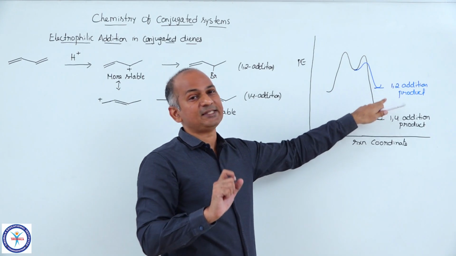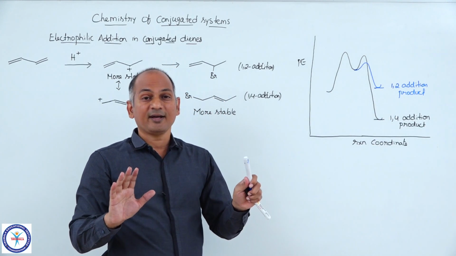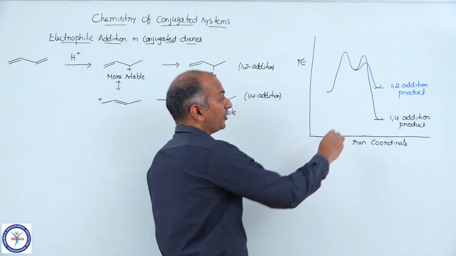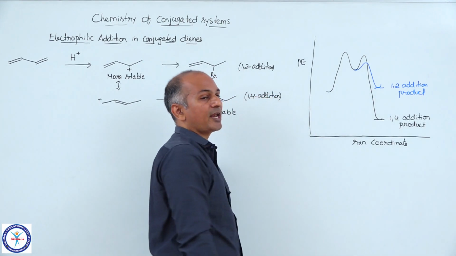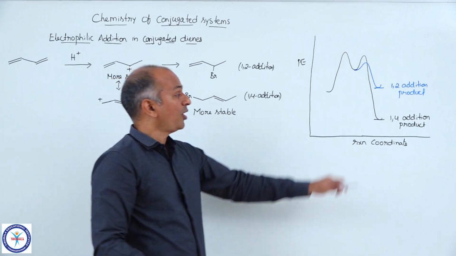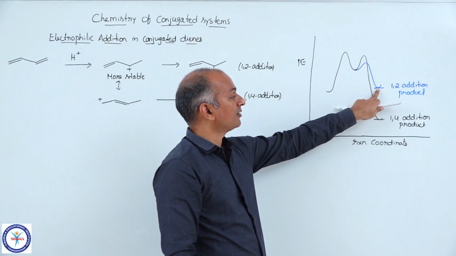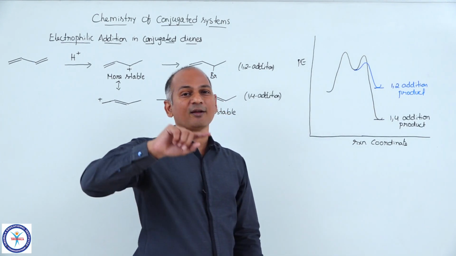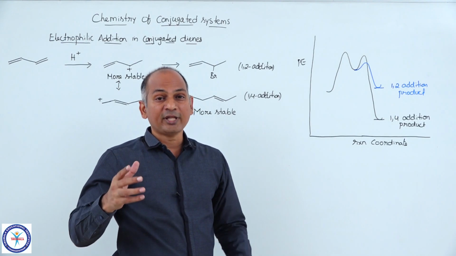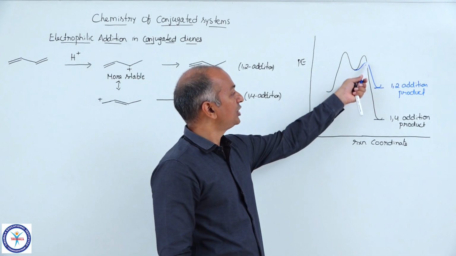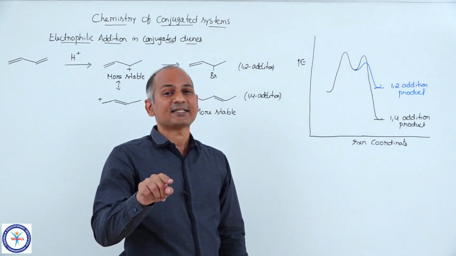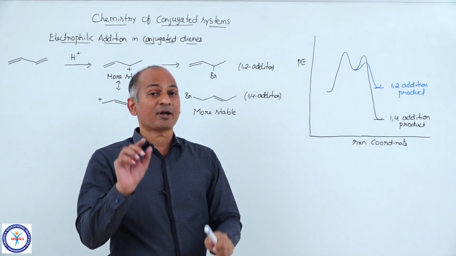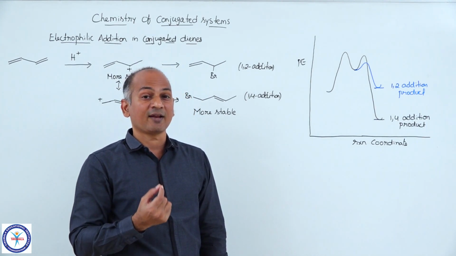But what happens here is, because the temperature is 25 degrees Celsius, which is greater than minus 10 degrees Celsius, at this temperature the blue colored path becomes reversible. Because now these 1,2 addition product molecules which are formed at 25 degrees Celsius can go back. Now they are more energetic, they can cross this energy barrier. At minus 10 degrees Celsius, they could not cross it. So once they are formed, they are there only. It is not reversible, it is irreversible. But now at higher temperature, this reaction becomes reversible.